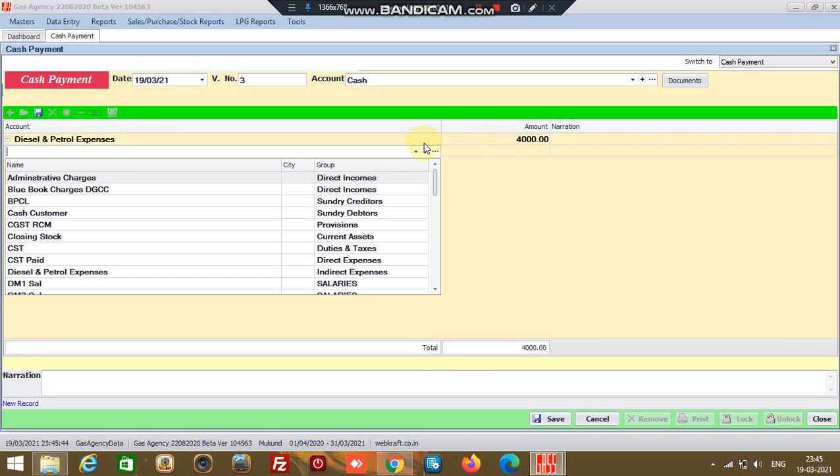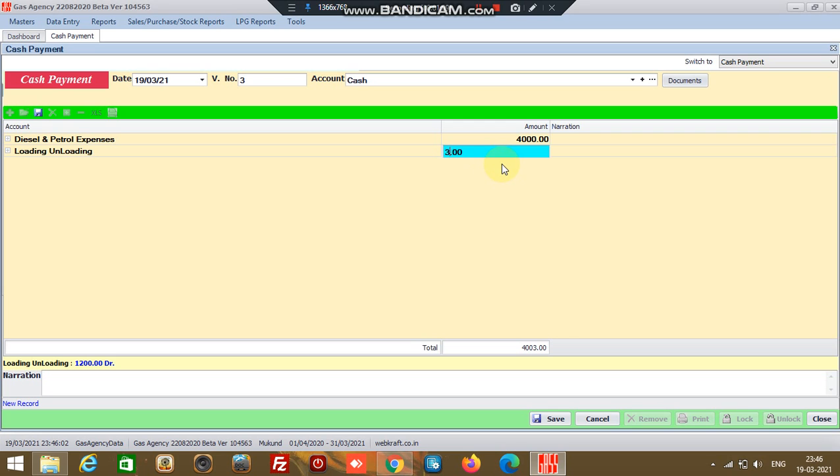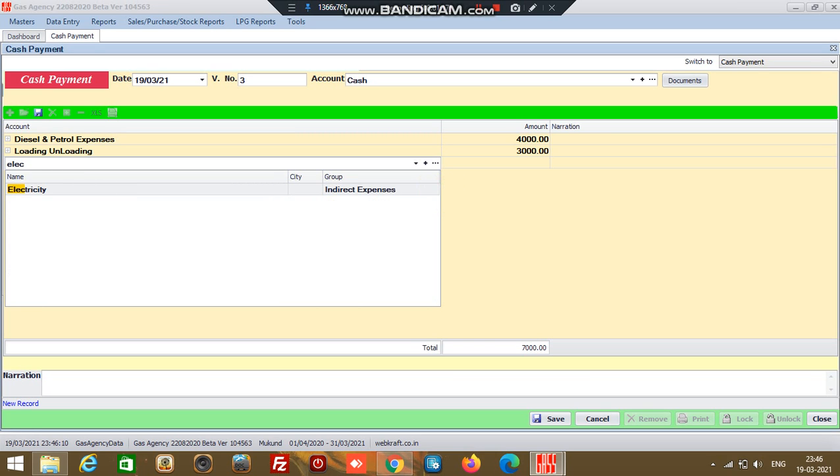Now we have the choice of saving this per page, or if we want to add some more expenses on the same page, we can do the same. So in this example I will show you how to add some more examples. Second would be loading and unloading expenses, and any other expense like say electricity,